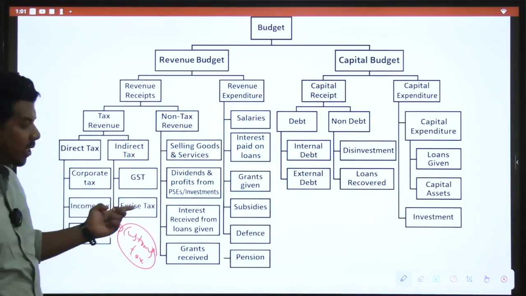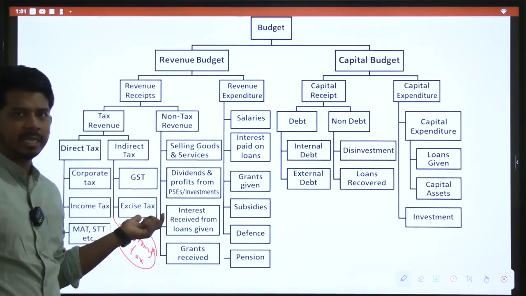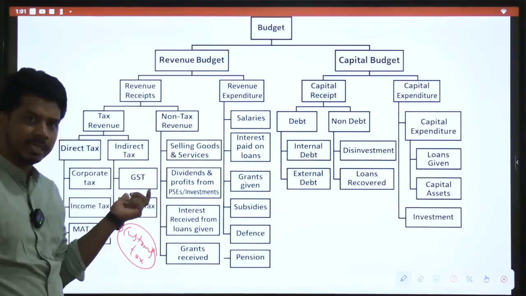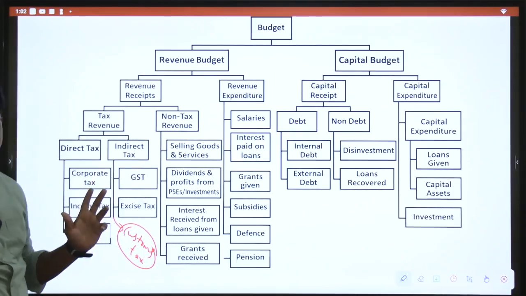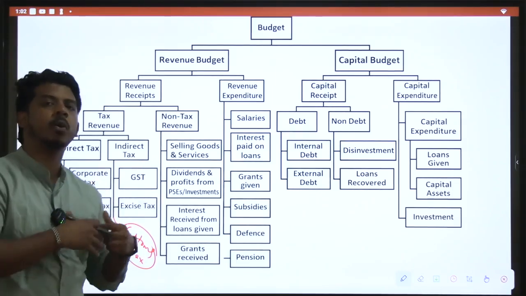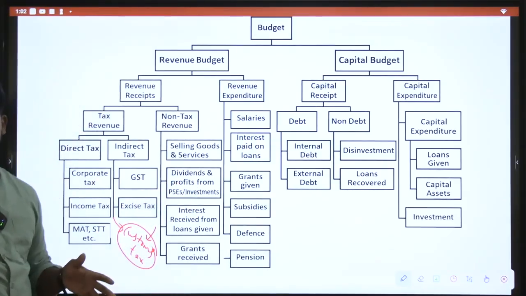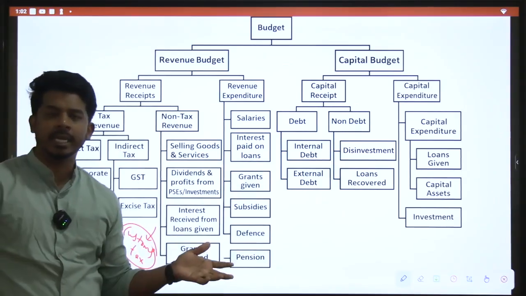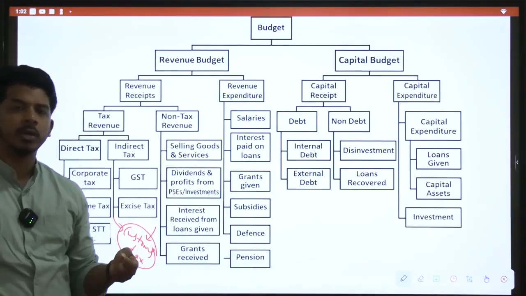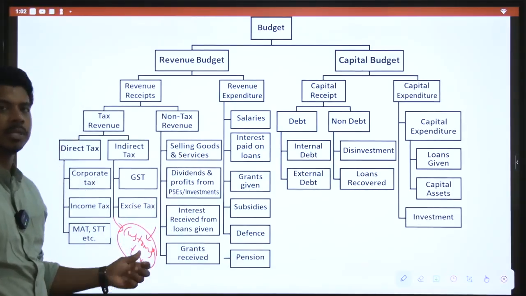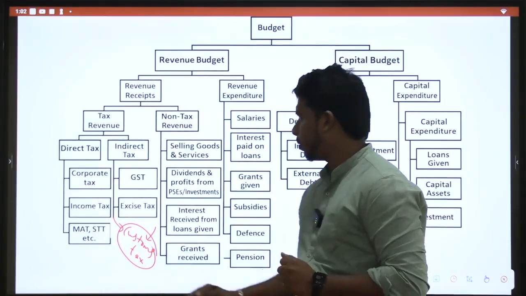Things which are produced in India and are outside of GST are levied excise tax, like petroleum. Petroleum does not come under GST, petroleum will come under excise tax. Government will decide which is GST, which is excise tax. Things that are produced outside of India and are brought to India, customs tax will be levied upon them. So let's say China has produced a toy and is exporting the toy to India. So when you are importing the toy, customs tax will be levied on the toy. Okay, so that is about the tax revenues.